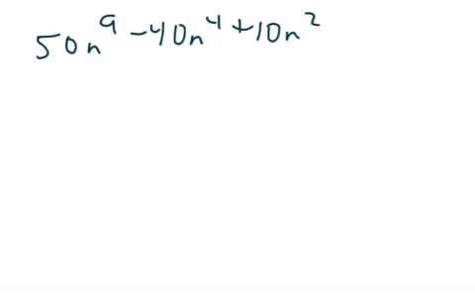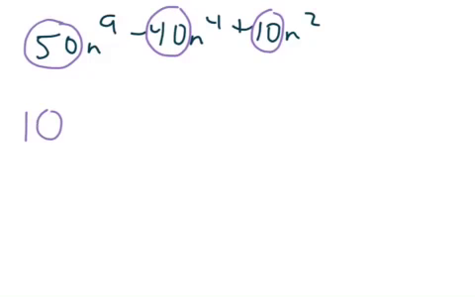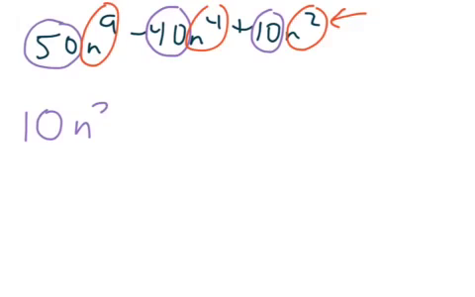So let's find our GCF. We have a 50, we have a 40, we have a 10. Does everybody agree 10 divides all three of those numbers? Let's look at our powers now. We have an n to the 9th, n to the 4th, n squared. This n squared right here is my lowest power, right? That's the only one that can divide all three of those n powers. Okay? So therefore my GCF has an n squared. So again, this right here